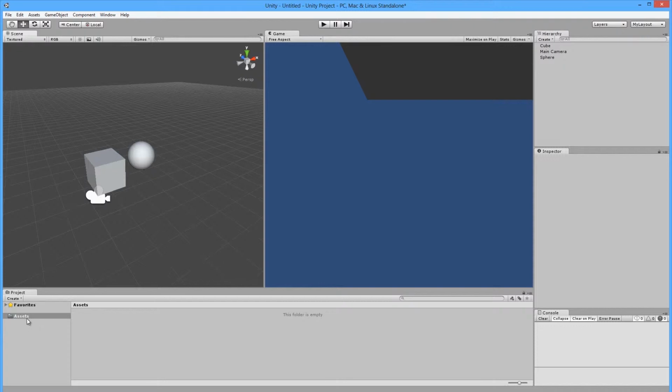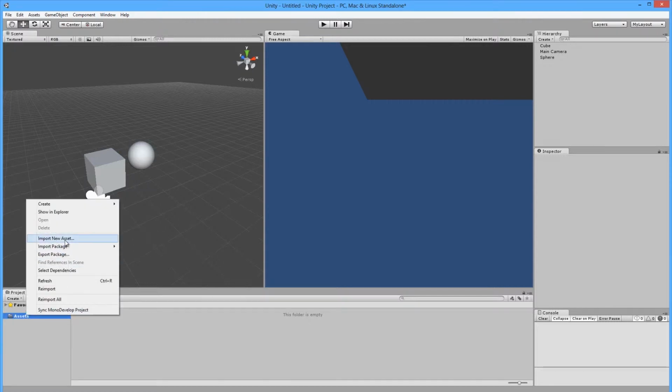So to do that, we need to go down to the project area. It's presuming that you already have your models somewhere, in a suitable folder structure. Eventually you might save your textures directly into Unity's file structure, in a folder called Unity Project or something like that, like I did. So eventually you should be able to do it straight to there. But if you need to import them manually, as I showed you in the last video, by right clicking, import